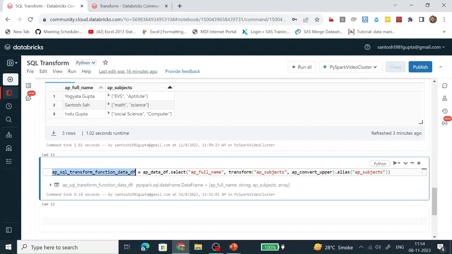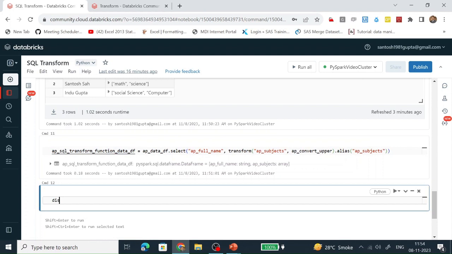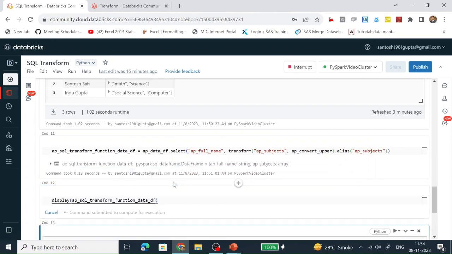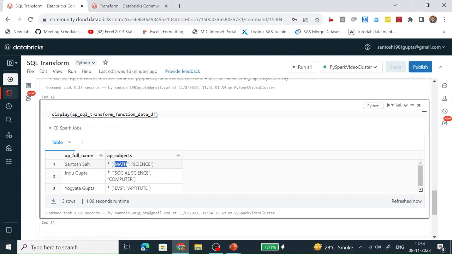So it has been transformed successfully. Let's see the content of the data frame. We can see the AP subject is of array type, and all the text present in here is converted into uppercase.